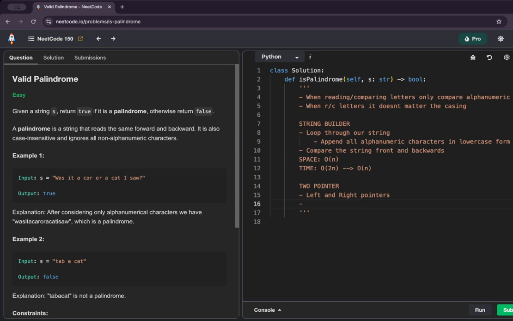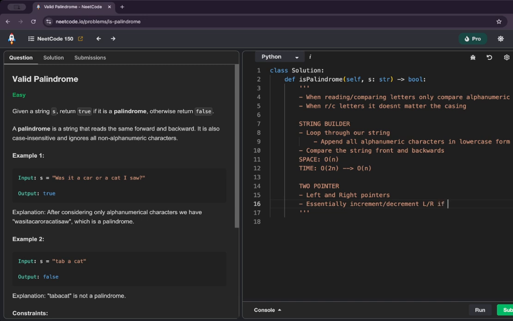We start left at the beginning of the string and right at the end of the string, and essentially increment or decrement left and right